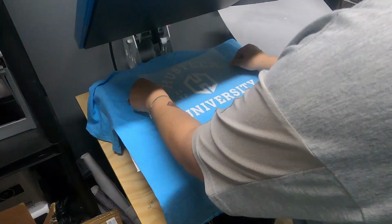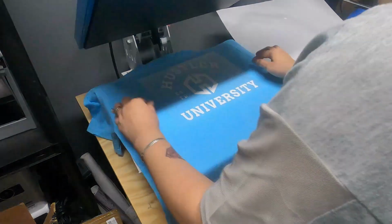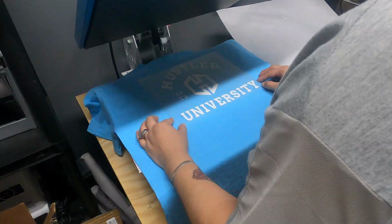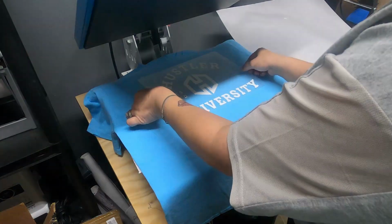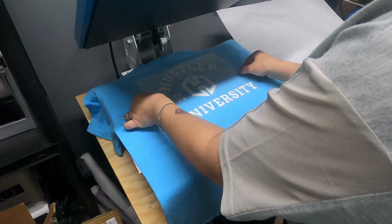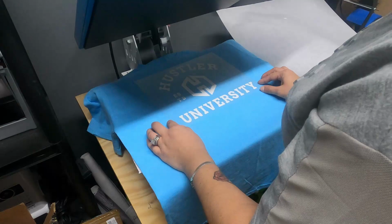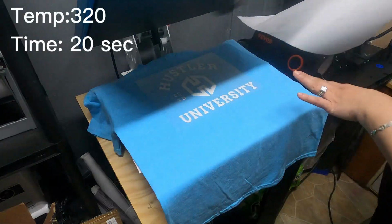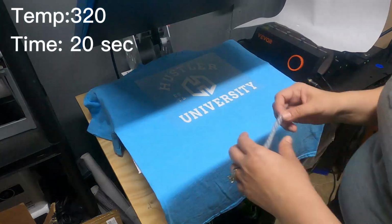And then I'm just going to make sure everything looks good, looks straight. And I have 3 letters on this side, 3 letters, and 1 in the middle. So we're going to go just like this and put the T in the middle of my crease. All right, so that looks good to me. I don't know if I should put my letters down here